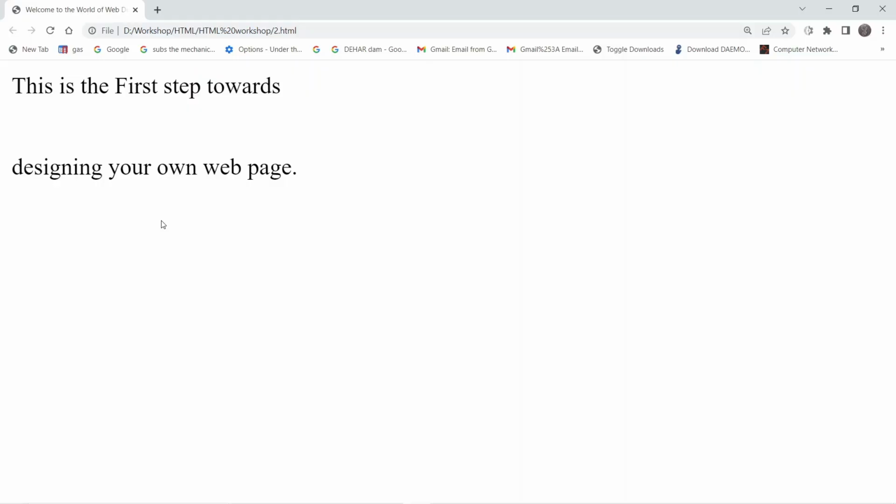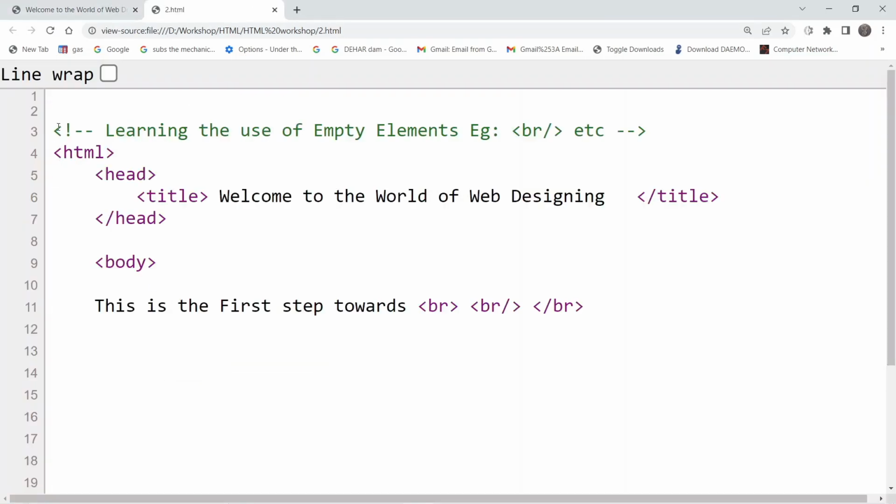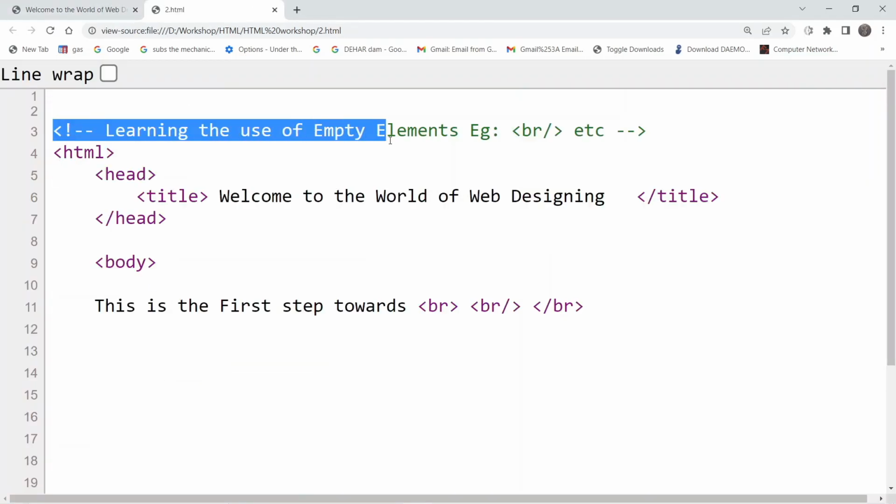In this video, we are going to understand the use of empty elements. So this is the document on which we are going to work. Right click anywhere and click on view page source to see the code. On the comment, you can see we are saying that we are going to learn the use of empty element,